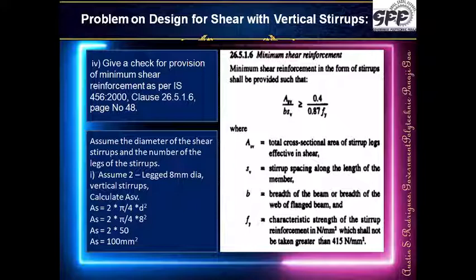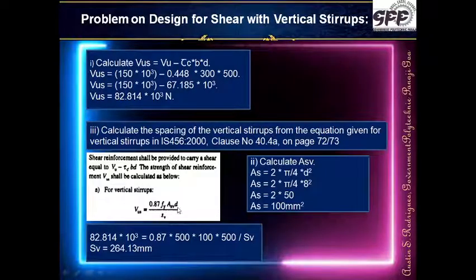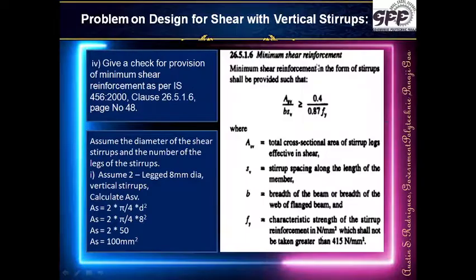How do we know that it is made of Fe500? Just look at the previous page. Let us go to the previous page. When we have done the calculation over here, for the stirrup the area is 100, but Fy we have taken is 500. The stirrup stress is taken as 500, but when we are providing minimum shear reinforcement, there is a condition that the value of Fy will be restricted to 415. Even if the stirrup has a higher grade steel, in this case Fe500, we have to use Fy as 415.